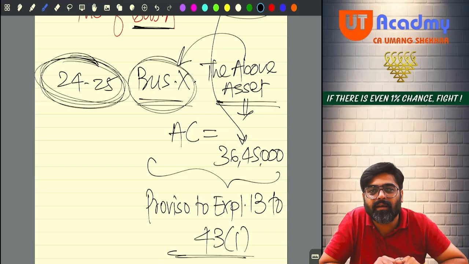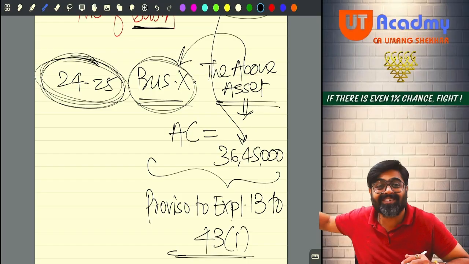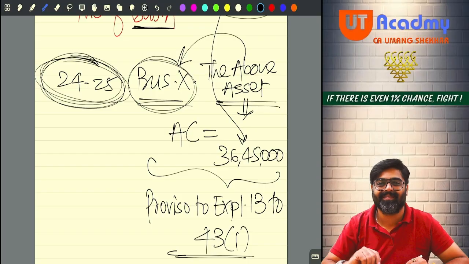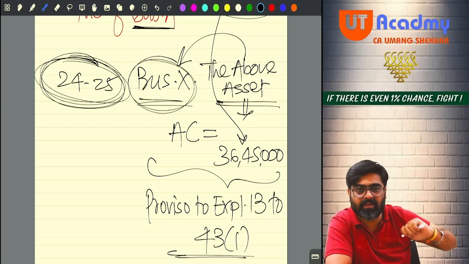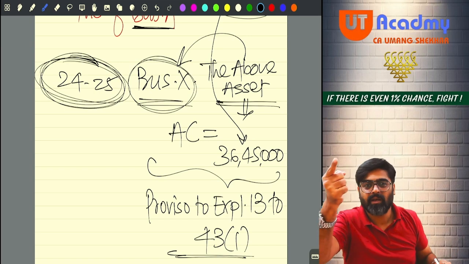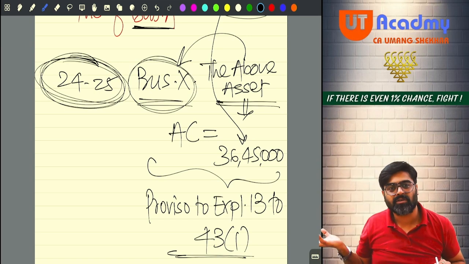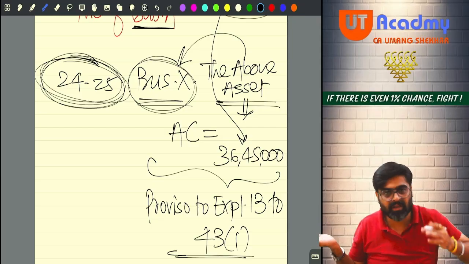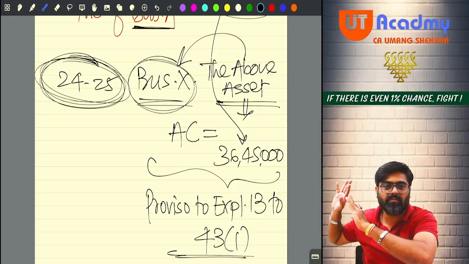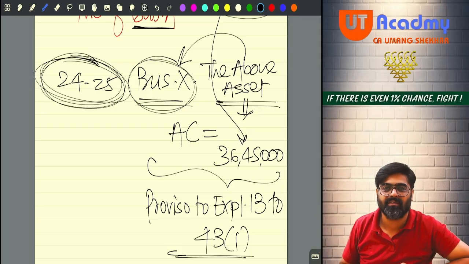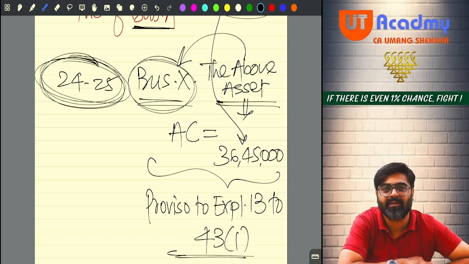Understanding? And this amount will only be allowed in the form of depreciation from business X income. Out of 50, for the first 3 years, depreciation got allowed in specified business. Whatever cost remained, you deemed it as PGBP income in business A. Now bring that amount as a cost in business X, where the asset is now being used. Now this cost you claim from business X income in the form of what? Depreciation. But for that, this amount should first be treated as actual cost in business X.